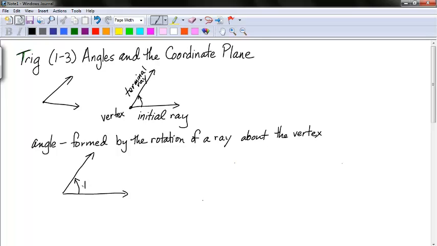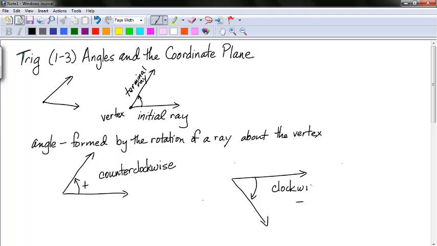If you go up, it's positive, and that's also going counterclockwise, against the clock. If you take your initial ray and rotate it down, then you're going to end up with a negative angle. So if you rotate it with the clock,